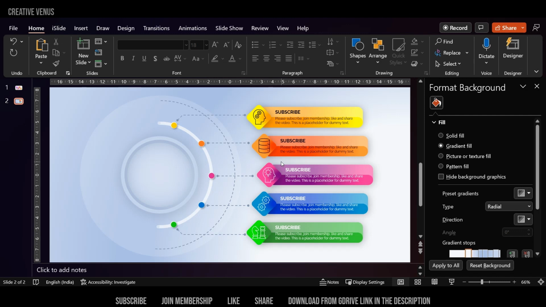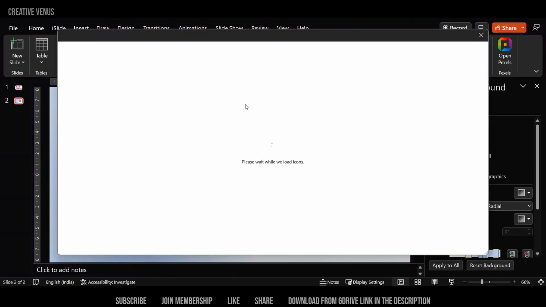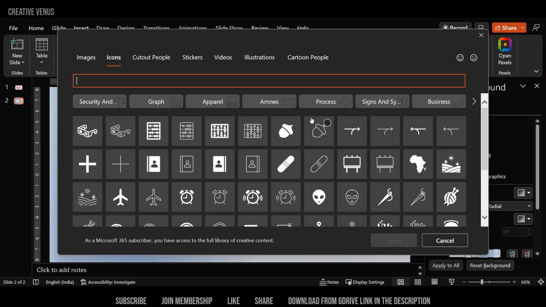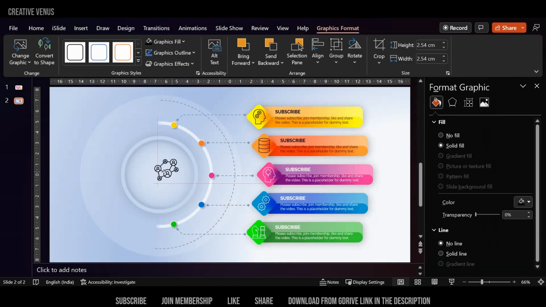And you can also think and try this slide with a different background, like maybe an image in the background, or darker background, or any gradient looking background. You can try these options. I'm pretty sure you will come up with something more interesting. So let's find a nice icon for the circle at the center. Let's place it here,